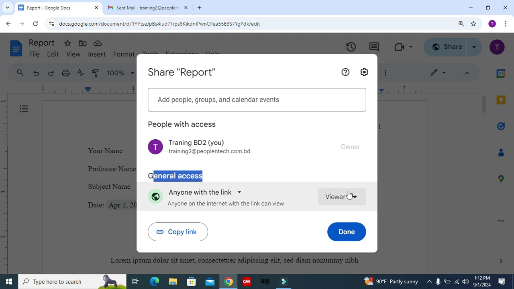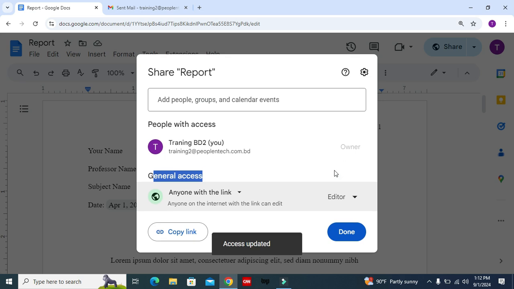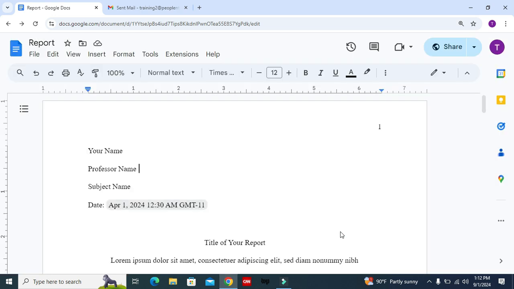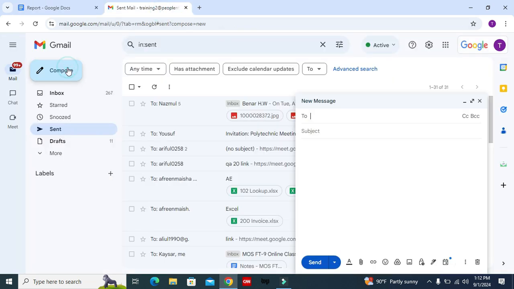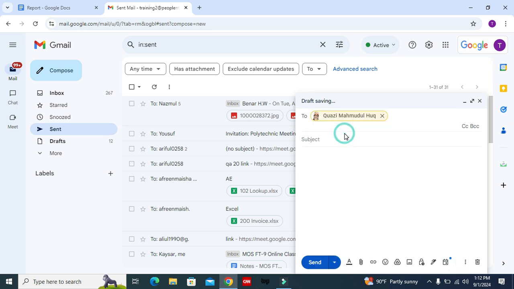Now you can select the privilege, viewer, commenter or editor, as you wish. I am selecting editor. Now click on Copy link. Now the link is copied to the clipboard. Now click on Done. Now go to your mailbox and click on Compose and type the email address where you